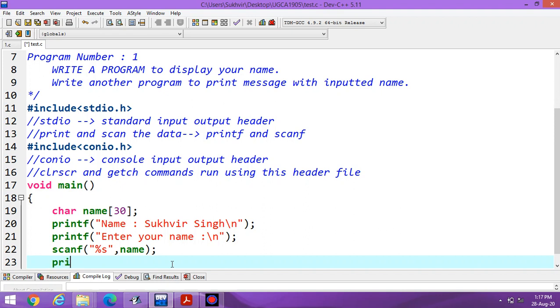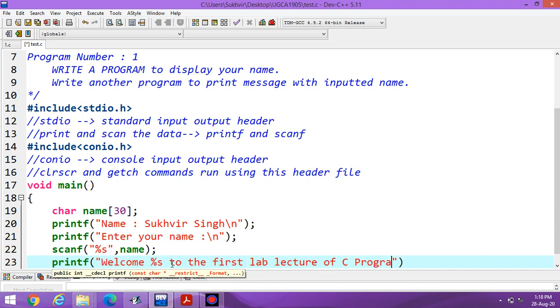Now suppose I have to print this one, then I can write welcome, then %s to the first lab lecture of C programming.